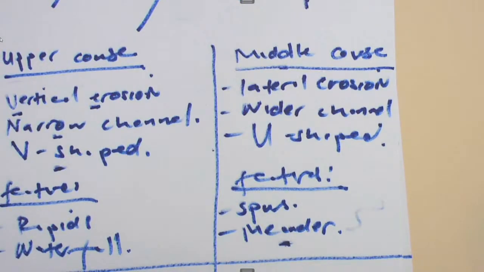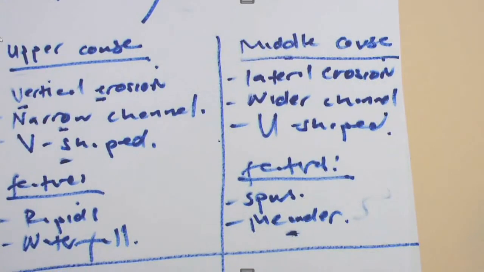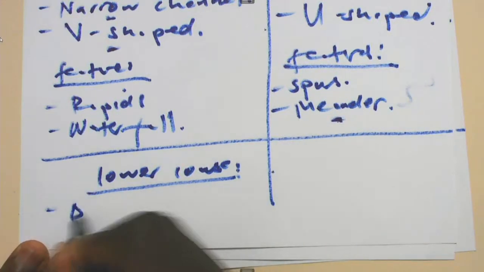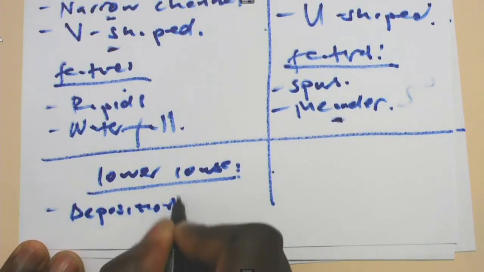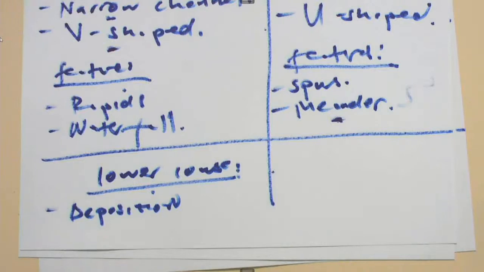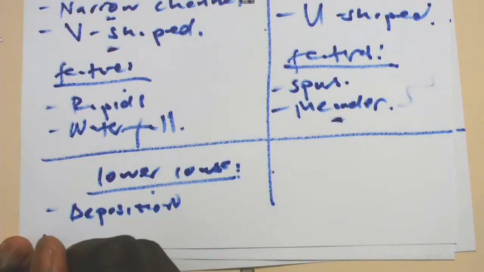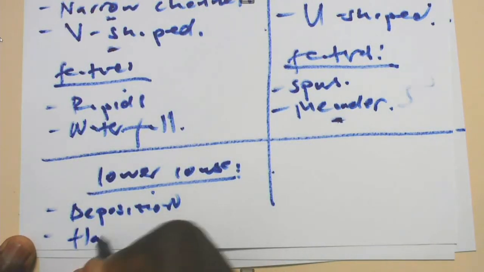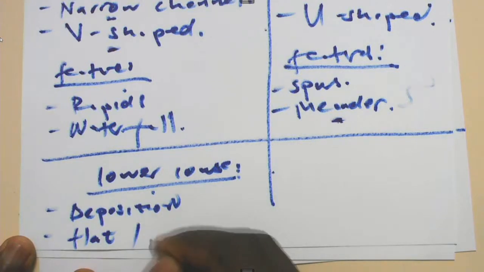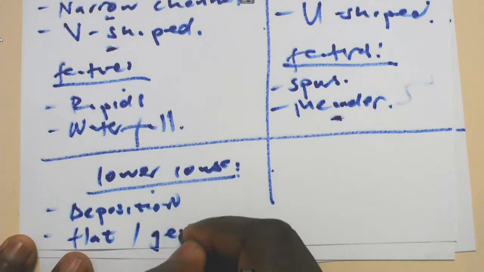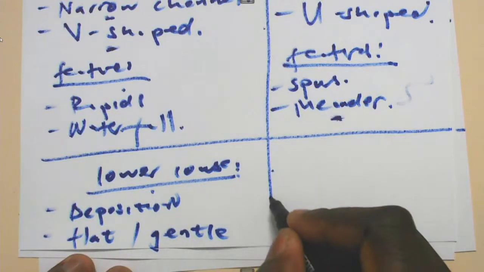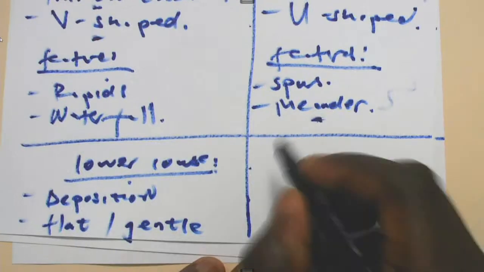And then the last course is the lower course. The lower course is dominated by what? By deposition. Deposition is taking place in the lower course. And then, features that are formed over here. So obviously, if you look at the channel, it will be very flat or very gentle over there. And there are so many features that are formed in the lower course. Oxbow lake